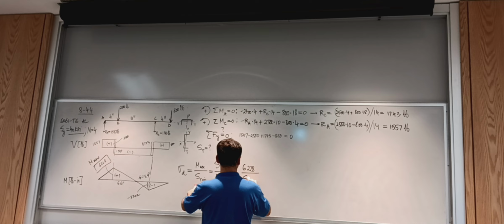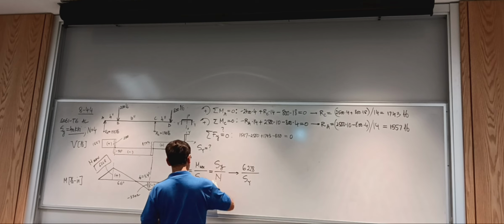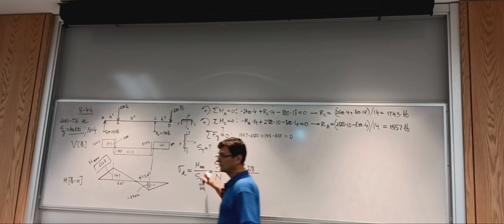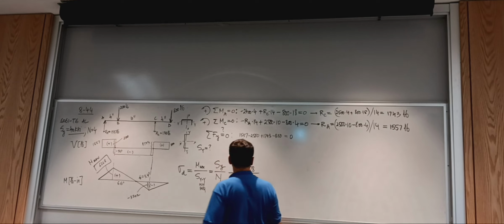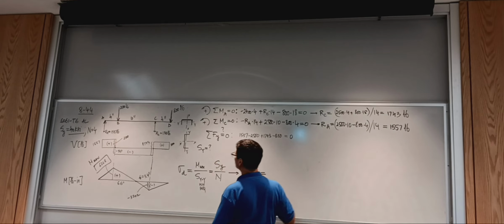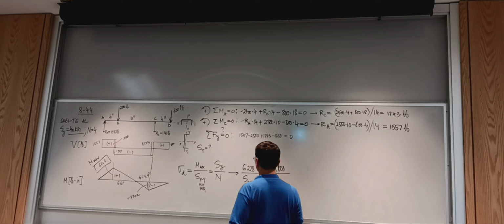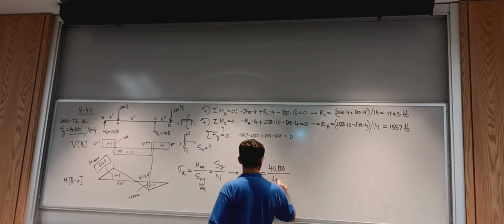This is the unknown SY. I should say SYY, because we want SYY minimum required, not to confuse it with this other one, with this one here. Equals 40 KSI. We need to work in PSI, so I'm adding 3 zeros over design factor of 4. So from here I get